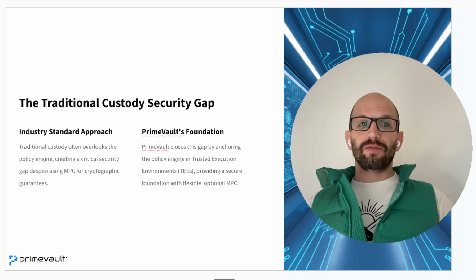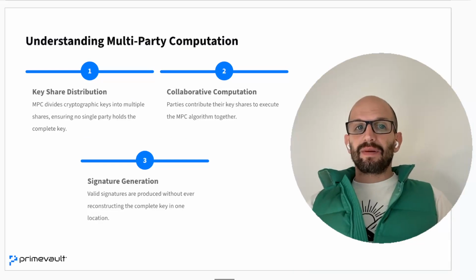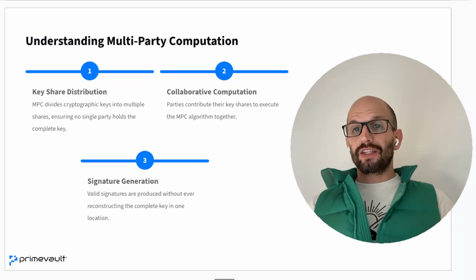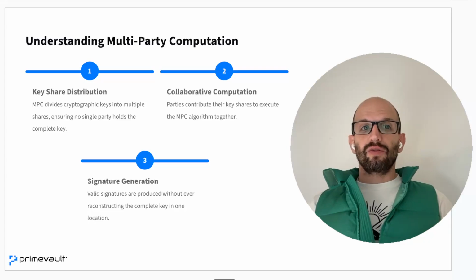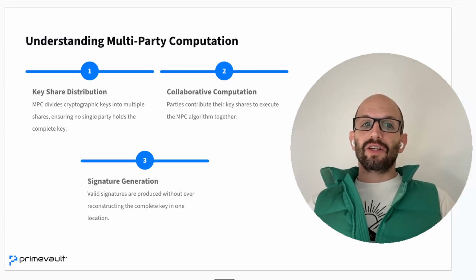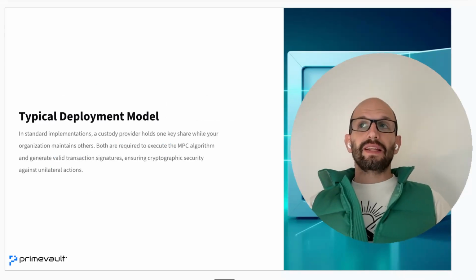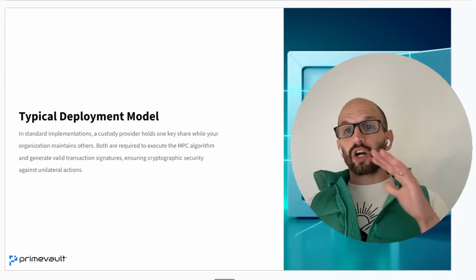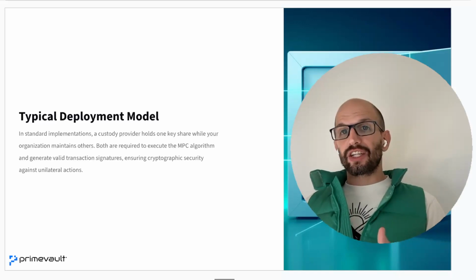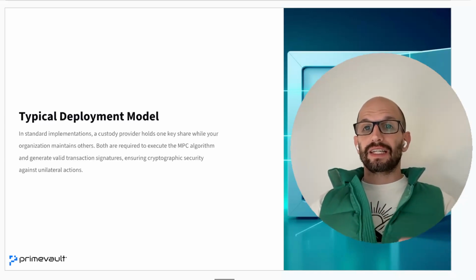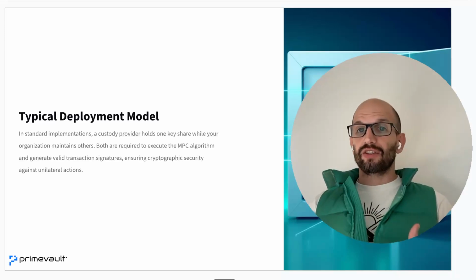an MPC optional solution. Now, one of the main ideas behind MPC is that you have multiple parties that come together to run a shared computation that none of them would be able to run on their own, with secret information that each one of them has part of, that collectively produces some computation that would otherwise be done on a single node. Typically, the way this is deployed in practice is that the custody provider will hold one key share, one part of the secret information, and your organization or your employees will have their own key share. And the multiple key shares all have to come together, running the algorithm and the execution of the algorithm